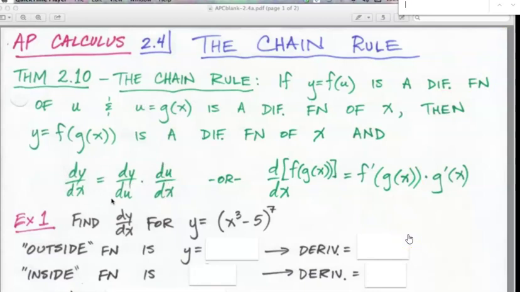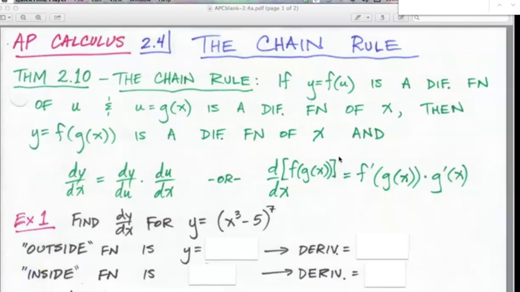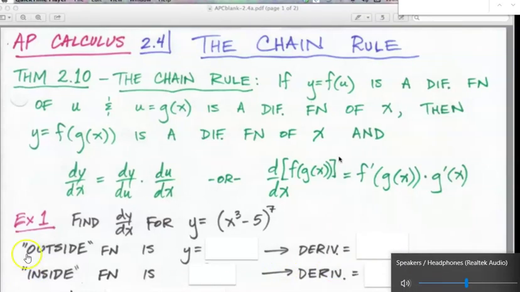Generally, we don't see this form nearly as often. I know it does kind of look like this might follow rules where you can cancel out the du here and the du here and get dy over dx, and that's why it's this. It really doesn't have much to do with that. It's just a notation situation. We're going to focus on